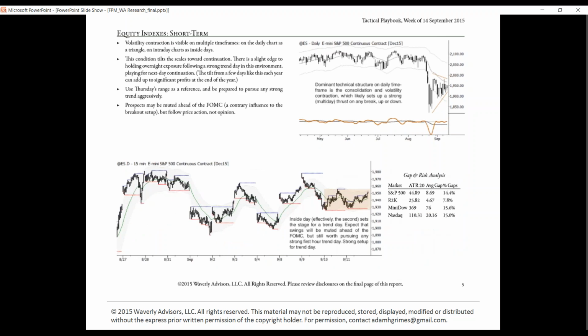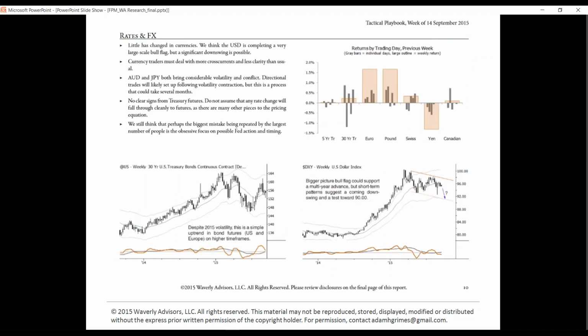Coming into yesterday, we were looking for a trending session. It's something we had been telegraphing to our clients, and a lot of people thought that was unlikely before the FOMC, which comes out Thursday. But we said the quantitative setup is so strong that there's a high probability of a trend day, and if you see a break beyond a level, and we give specific levels, you want to aggressively pursue that trend. That's an example of what we offer for intraday traders, for day traders.